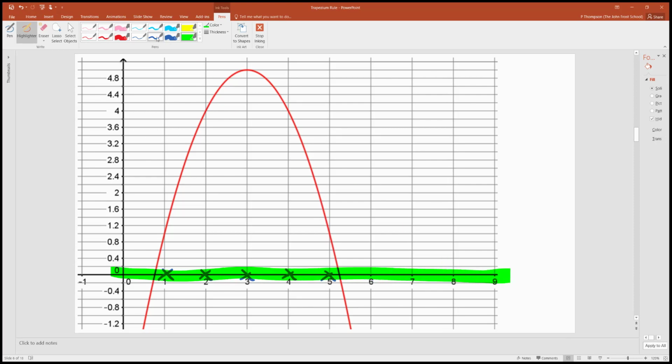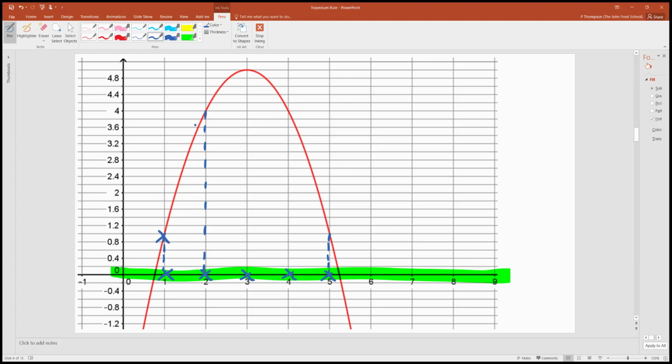So if I read up from my first ordinate with a dashed line, the area we've been asked to find is all this yellow bit under the curve. That's my goal, to find this area. And you can do it by using the trapezium rule, because if you repeat this process now with all the ordinates,